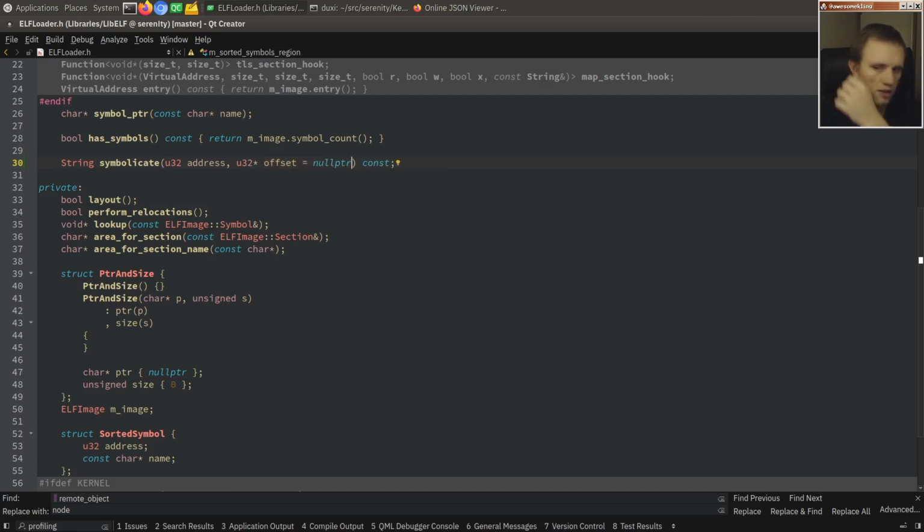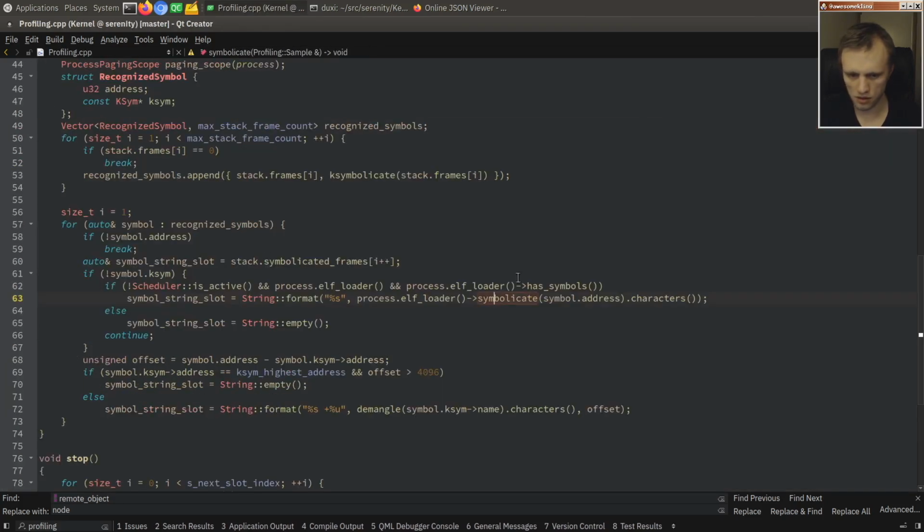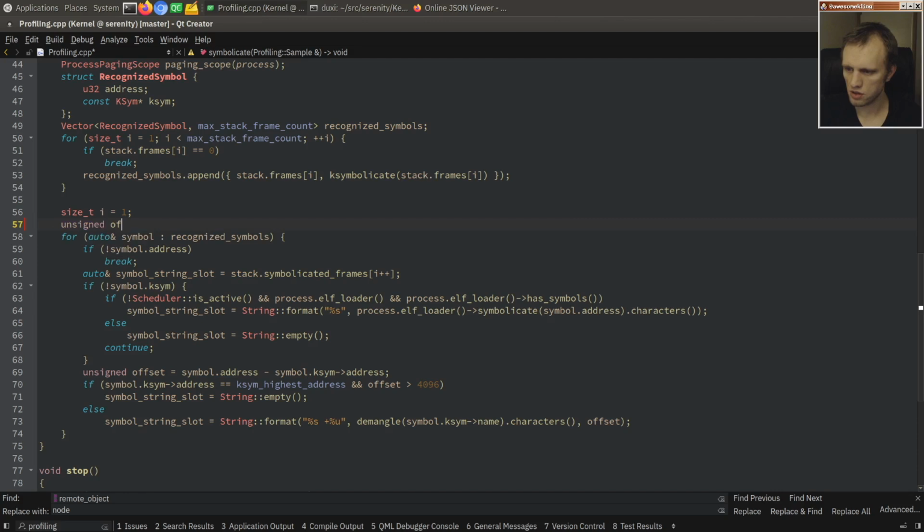You can get the offset if you want. Okay. And then here we will use that to get the offset. So unsigned offset, or U32 rather. Symbolicate offset,